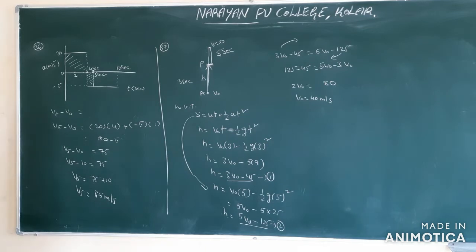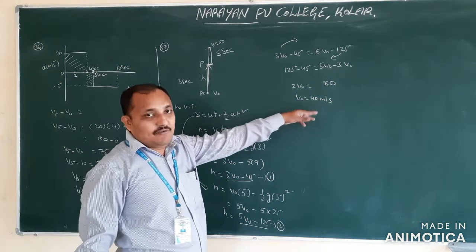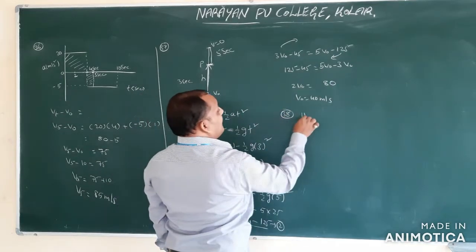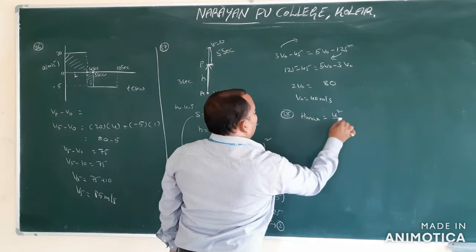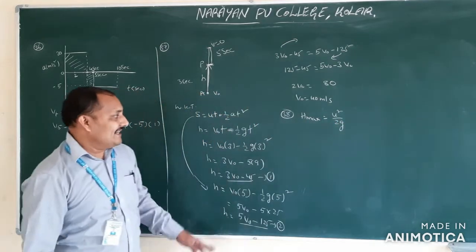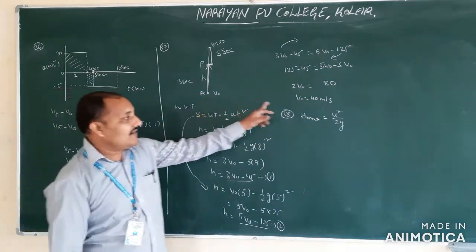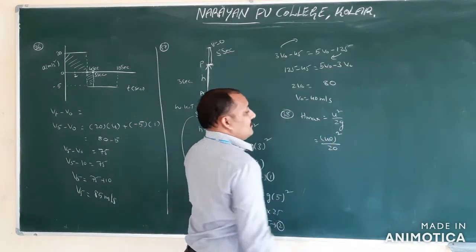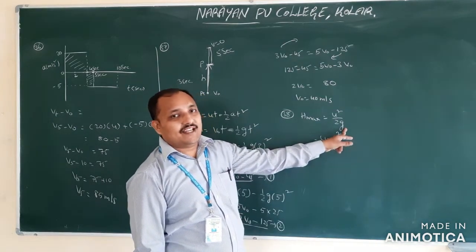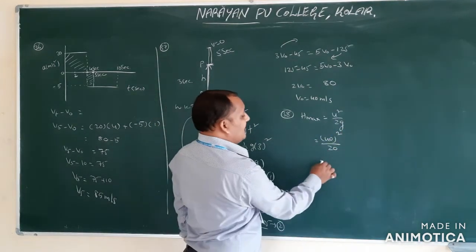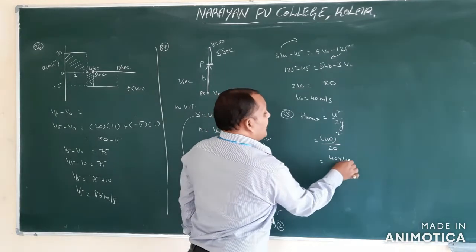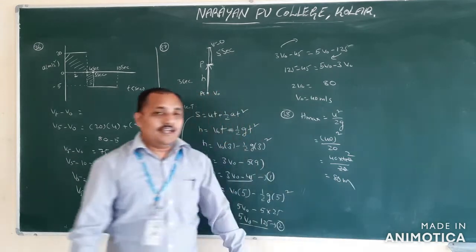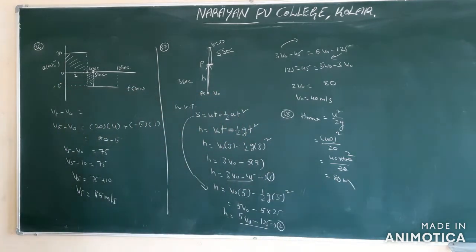What is the initial velocity we got? 40 meters per second. Then what is the formula for maximum height? This is question number 38. H maximum is equal to u square by 2g. u means initial velocity. Here the initial velocity is V0, and the V0 value we got is 40. Therefore 40 square by 2 into g value. In our problems we are taking g as 10. So 2 into 10 is 20. 40 square by 20 means 40 into 40 by 20, that is 2 times 40, so 80 meters. That is question number 38.